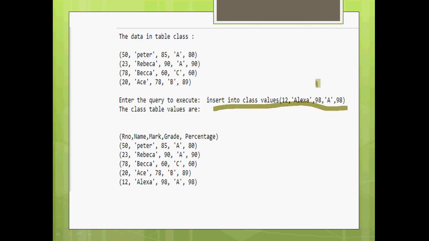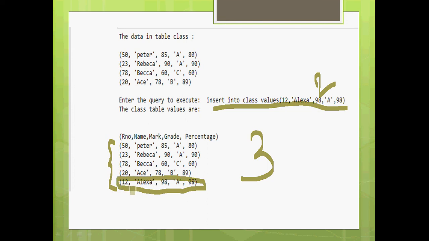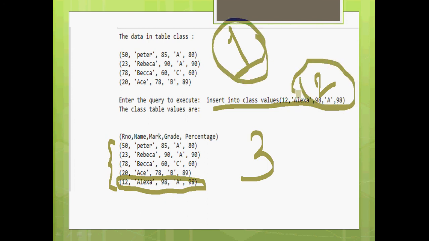Once it has been given, the second part is completed, and the third part is to display the database table values of class and check whether the value has been added or not. When you check, yes, it is added after the insert command. You don't have to go to the database at all. You can just access the database using Python: display the data, make the change and check the data from Python itself.